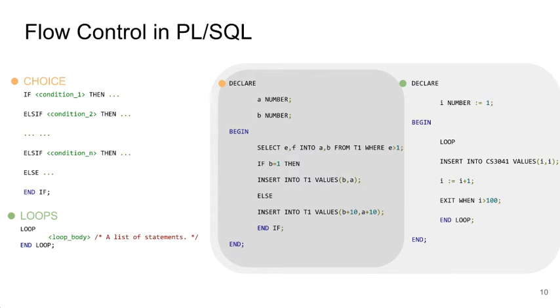Loops are created with the syntax shown on the bottom left of the slide. At least one statement in the loop body section should be an exit statement of the form exit when a condition is met. The loop breaks if the condition is true. The example on the right is a simple way to insert each of the pairs 1, 1 through 100, 100 into the table